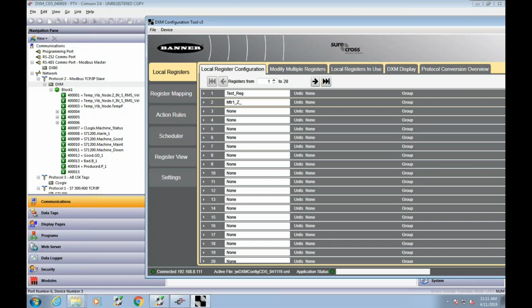Z. The temperature vibration sensor will pick up temperature, of course, but it will also pick up vibration in two different directions. It'll have two axes. One is the Z, which basically runs straight down through the motor. The sensor sits right on top of the motor housing. And then the other is the X, which is basically in line with the shaft. So the Z axis